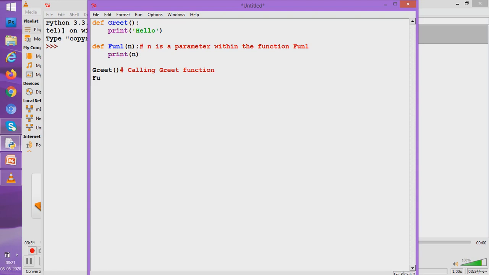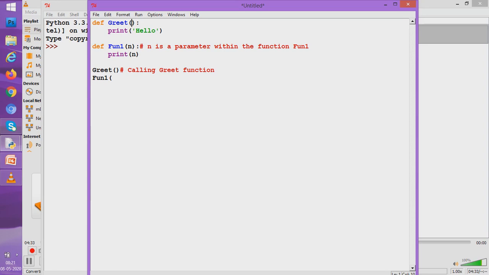Now when I call fun1 function, you can well see that fun1 function has something called n within the bracket after its name. Here students, as I said, that n is a parameter. Now fun1 function is a bit different than greet. While we were running greet, we need not give anything to greet as no variable was waiting here to take a value from us when we were calling greet.